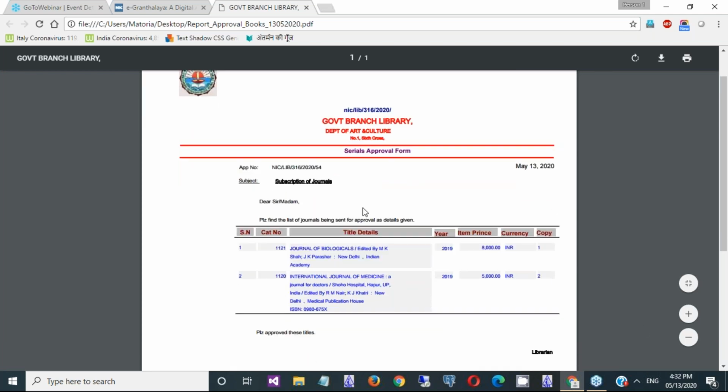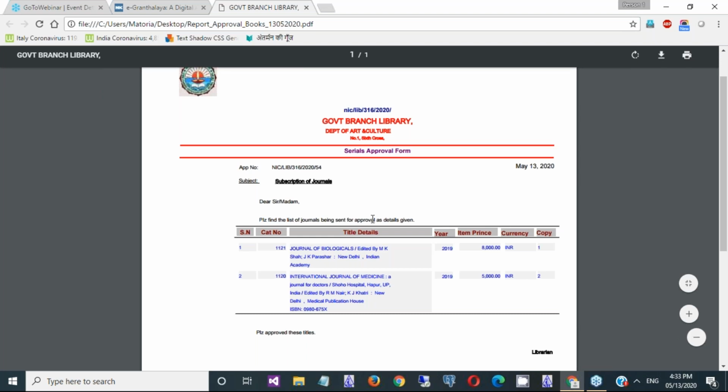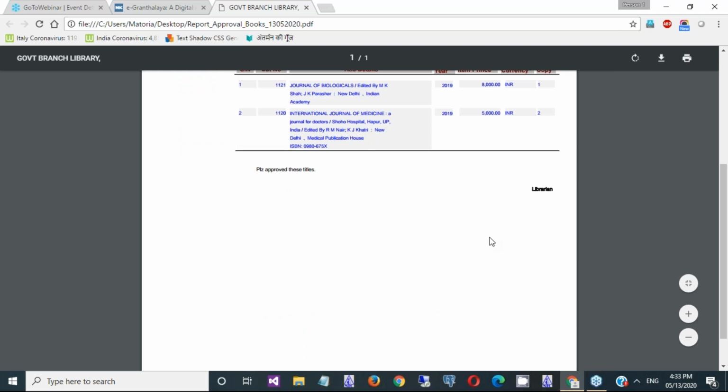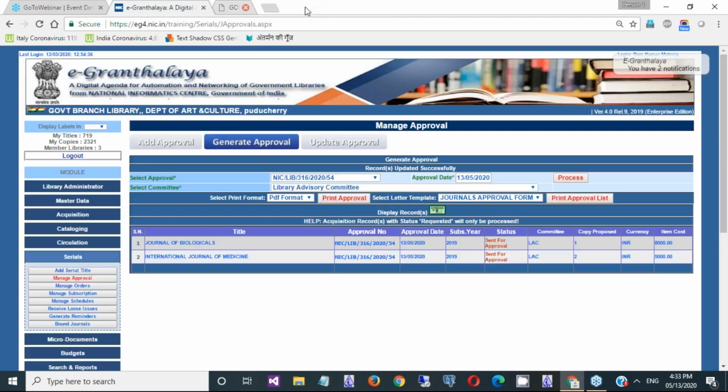This will be automatic, like your logo and your name and everything will come automatically. We have written basically just a few words. You can write whatever you want to write, that is up to you. Take print and then send to the committee in the file.